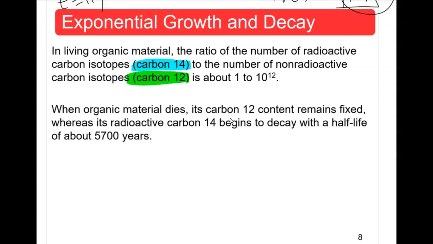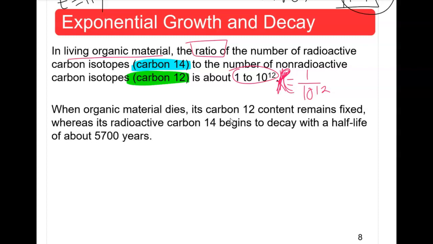And so the ratio from one to the other in living organic material, including fossils, bones, or anything that contains carbon 14 and 12, is 1 to 10 to the power 12. That is the ratio. So I'm going to use capital R to denote the